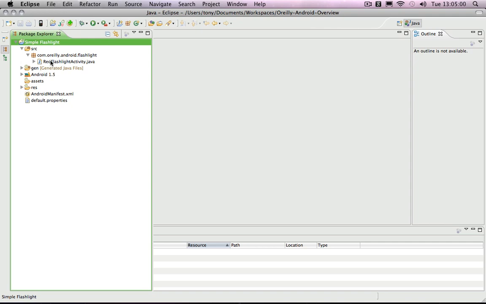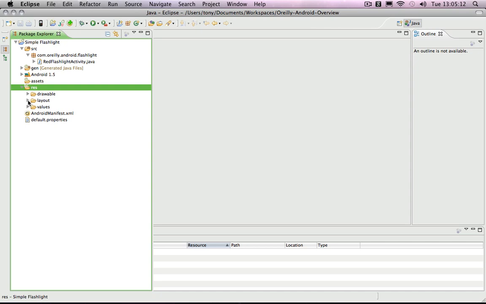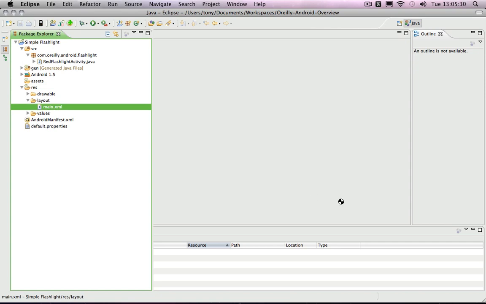Let's look at what we've already got so far with the generated code. There are two things that I want to look at, and let me start with the most user-facing of them, and that is inside the resources, inside the layout. What was generated here is not only an activity. We said we wanted an activity to be generated, but Eclipse also generated a layout for us to use, and that was called main. So I'm going to open up the main XML layout, and it's going to open up in